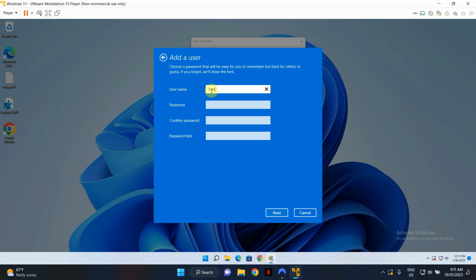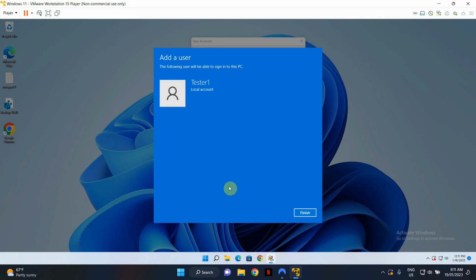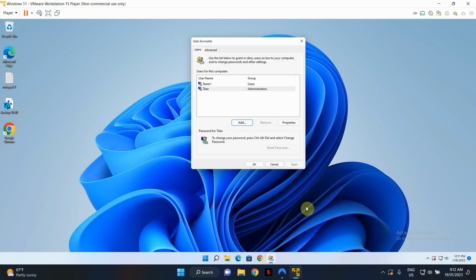So what I'm going to do is I'm just going to type a random username and give it a password. Give it a password again, and just going to give it a hint. So once you fill out this information, click next, and that's it. To finish the process, click the finish button and you will see your new user account that's